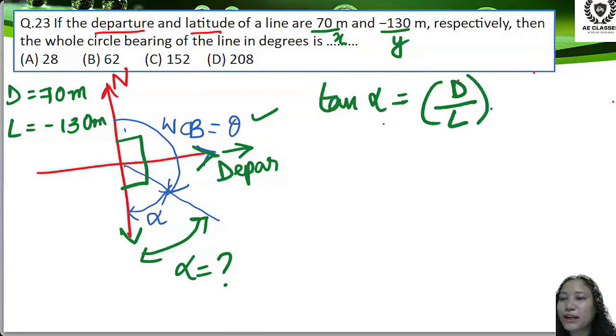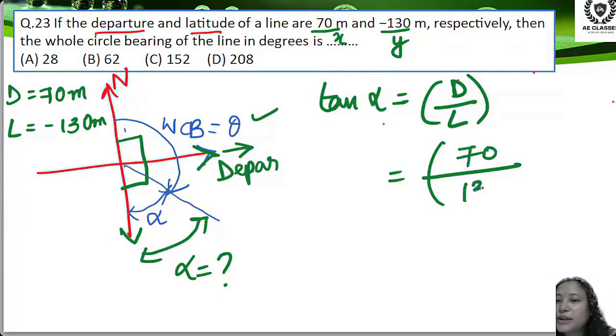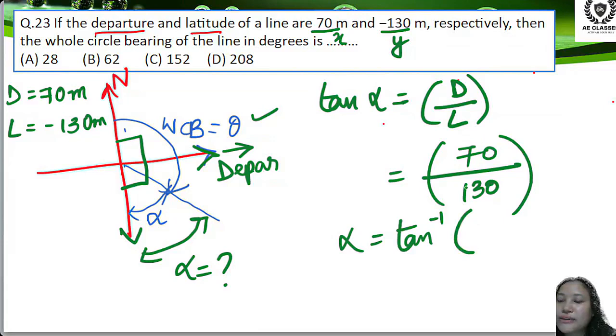Very simple formula. Departure by latitude. Here we do not take the negative value. The negative value is just simply for convention, or even if you take it, it won't matter much. So d is equal to how much? 70 by 130. So alpha will be equal to how much? Tan inverse of this value, which is equal to